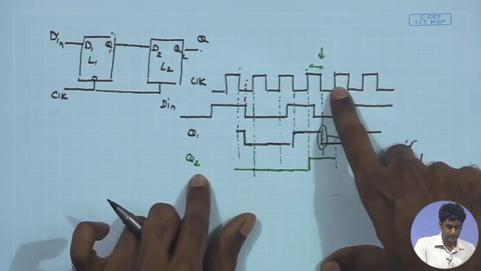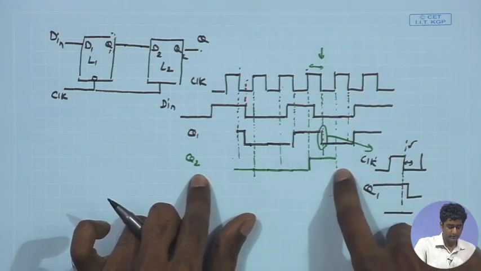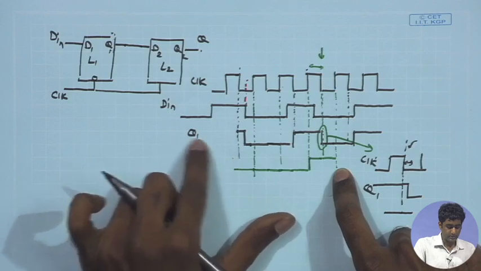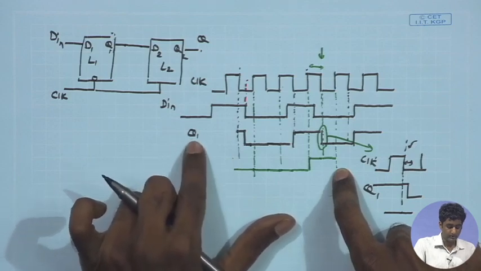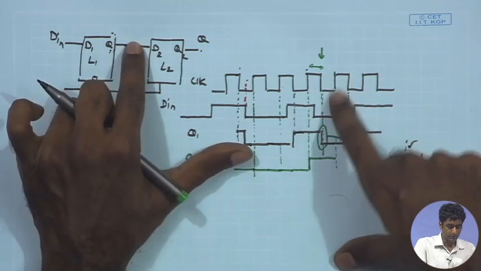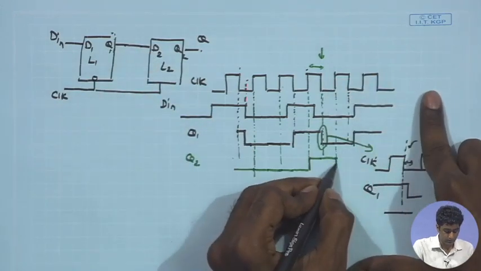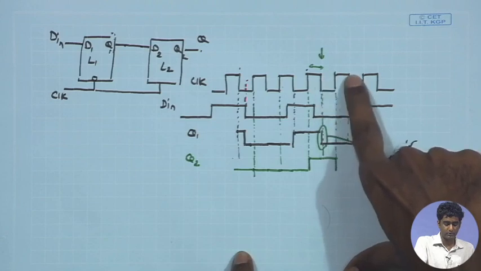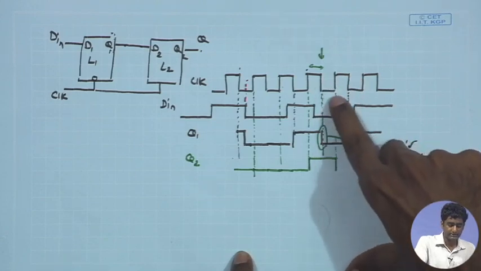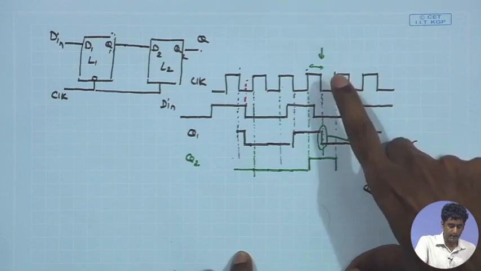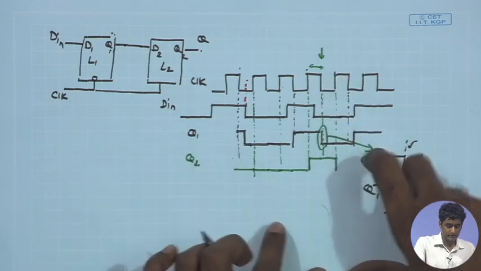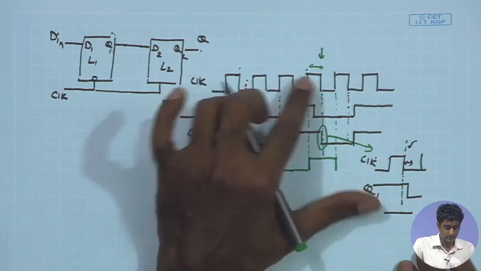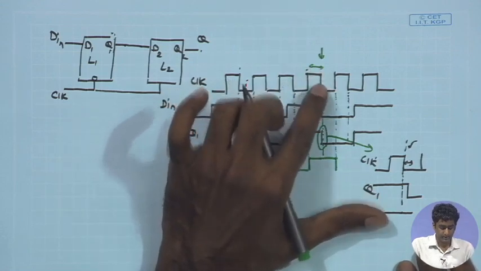Q2 becomes transparent again. As a result, it will be copying the value of Q1 that is available at the input during this positive phase, and therefore Q2 makes a transition once again at this positive edge, because it is transparent only during the positive phase. Therefore, it will make transitions only when the positive edge of the clock comes, whereas Q1 will make a transition when you have a transition from high to low,